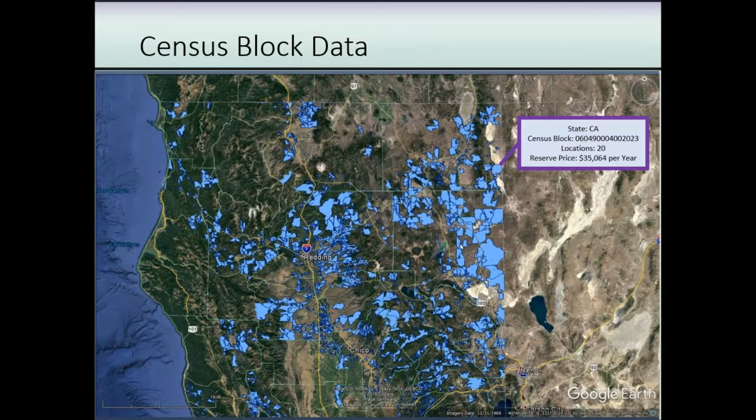We're going to drill down just a little further. As I mentioned, the underlying metadata of a census block today is less descriptive than the one that we will be working with during the actual bid element. And so here what we have are the census block number, the number of eligible locations. Again, that's not the total locations in the census block, it's those that are eligible for funding, and the reserve price of $35,000 per year for 10 years, or $350,000 to serve that census block in the reserve. So let's go one more, please.